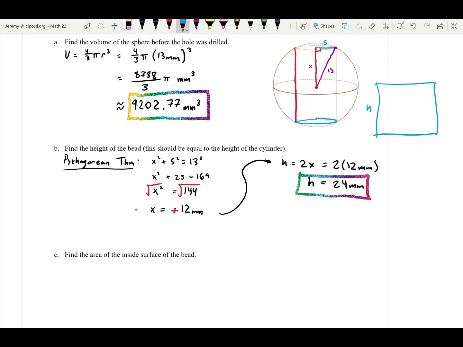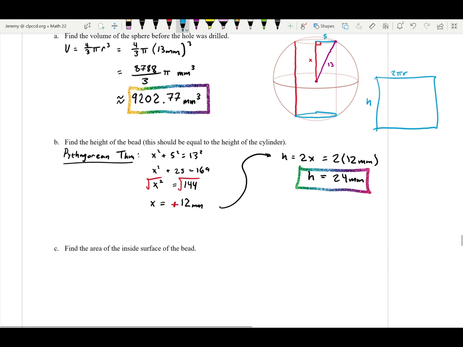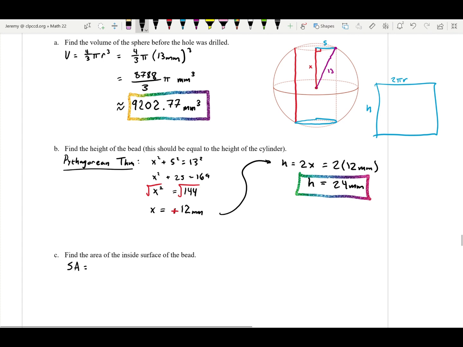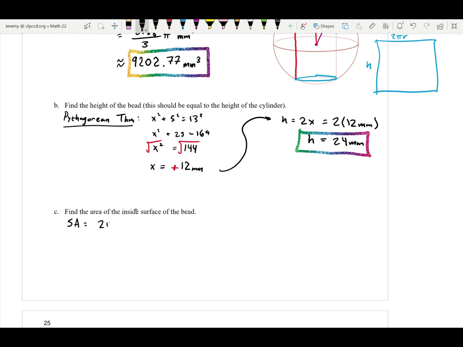So it's just going to be 2 pi r. And we have r, the radius is 5. So really to find the surface area, I'm just looking for, so I'll say surface area is equal to the product of these two values, so 2 pi r and then times h,